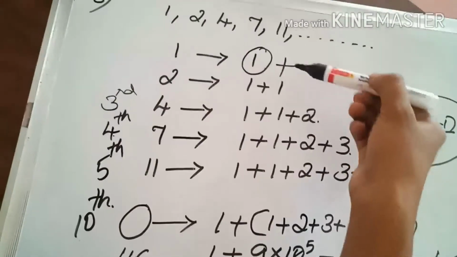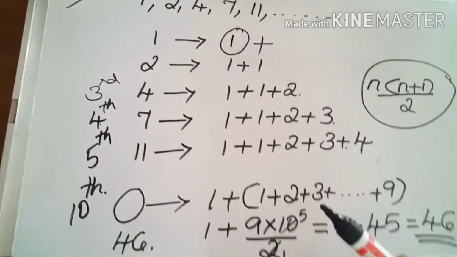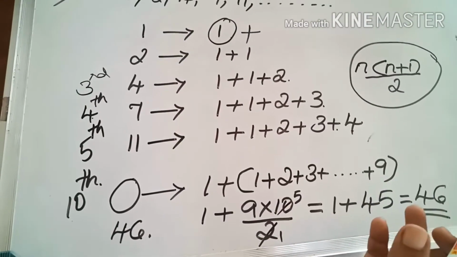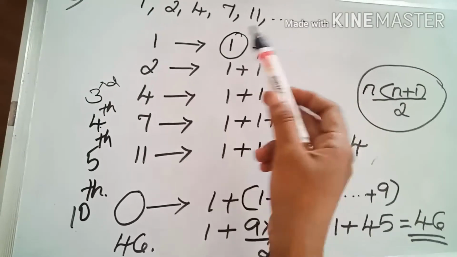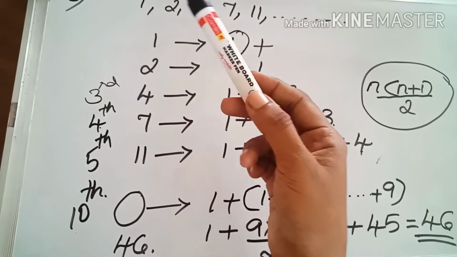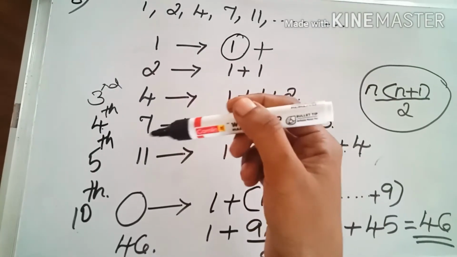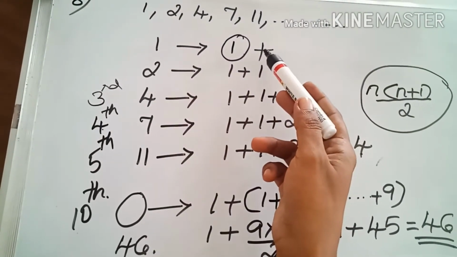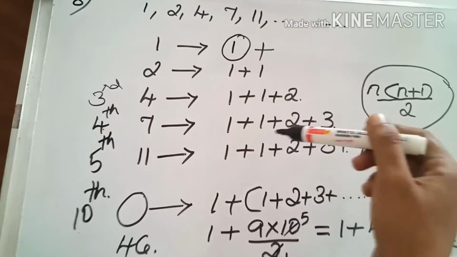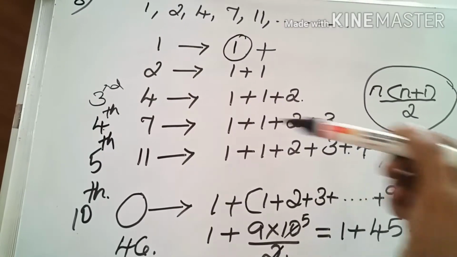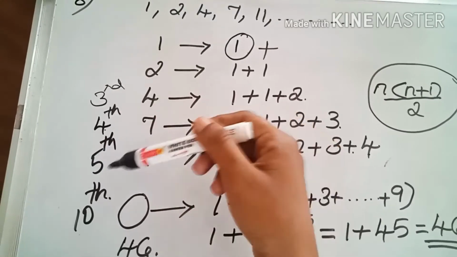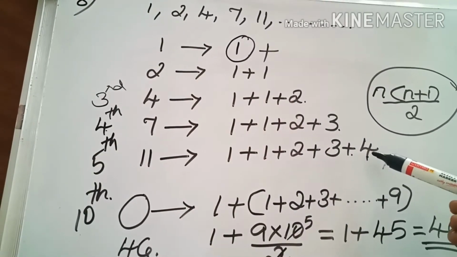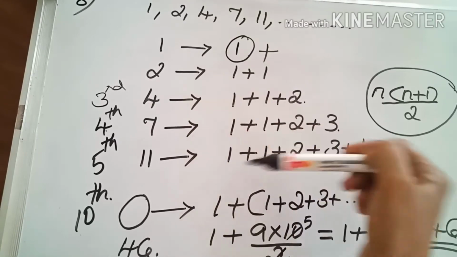Just understand the pattern. A number pattern means a rule must be there. That is the speciality of number patterns. So here the rule to get the first number of each position is the starting number plus n minus 1 natural numbers we are adding. For the fifth line, n minus 1 is 5 minus 1, that is 4, so up to 4 natural numbers we are adding to the first number. That is the rule here.